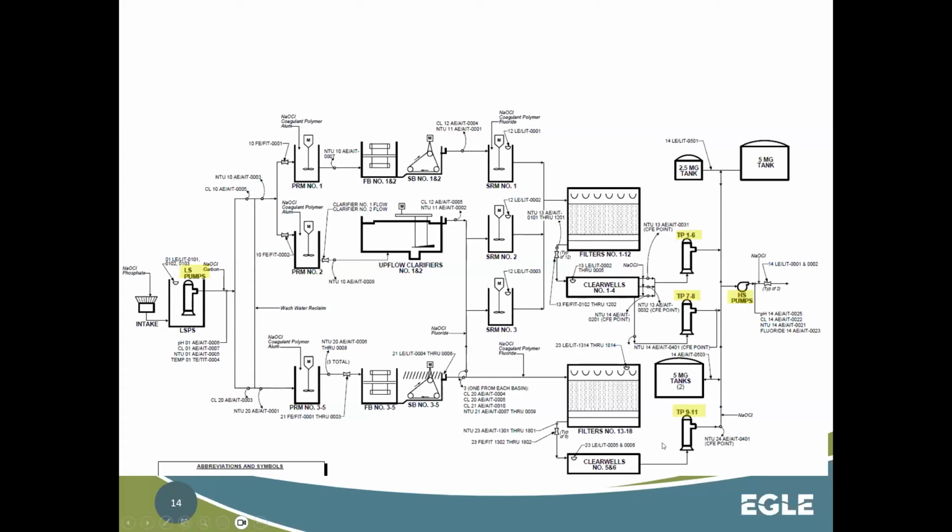From there, we'll usually have transfer pumps, right? So those are the big things, the low service pump, the sludge pumps, right? And then we go to our transfer pump stations. So we're transferring our clear water, our treated finished water, to a ground reservoir. I'm sorry, a ground reservoir from the clear well. And then we go to our high service pump stations, right? From our high service, we're taking our ground reservoir water, pumping it up, providing that pressure out to the distribution system, which could be controlled by many aspects,